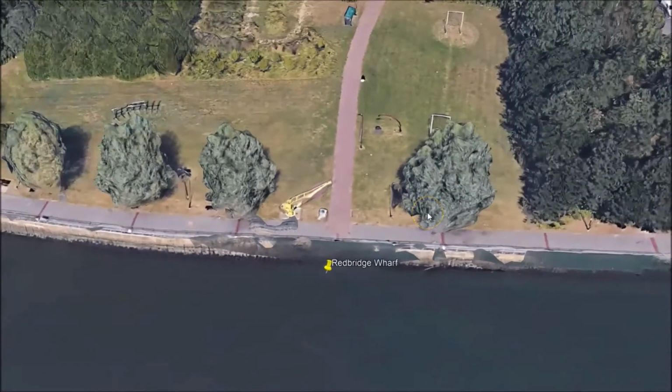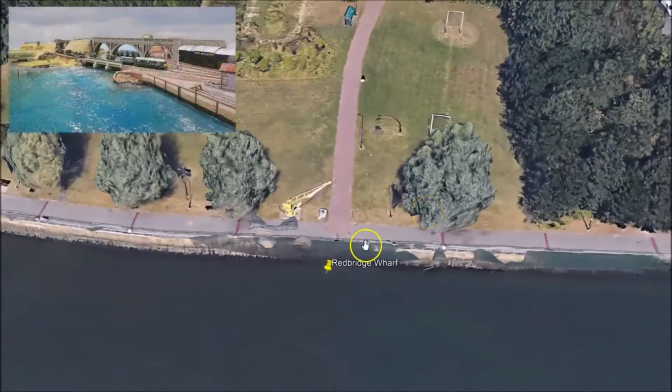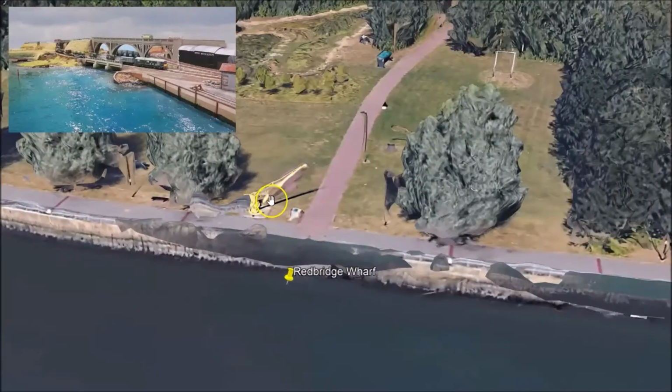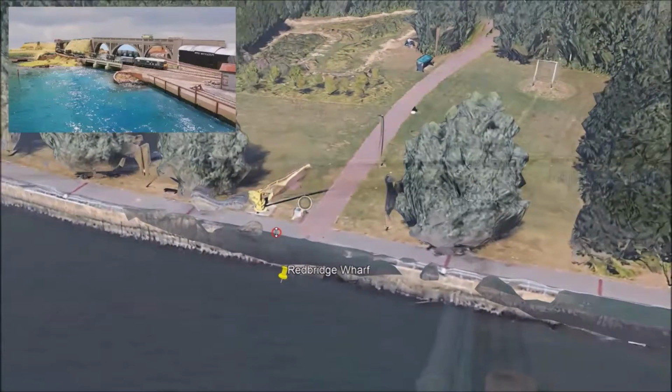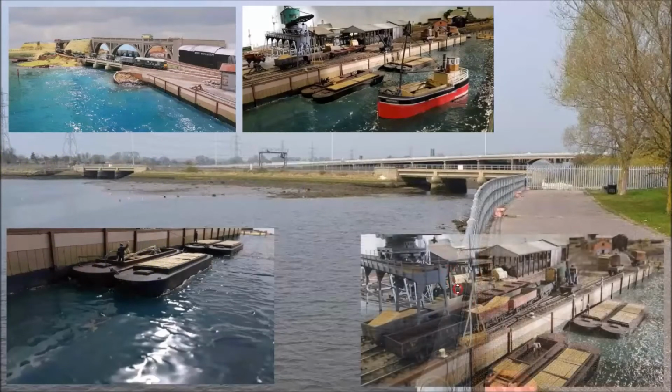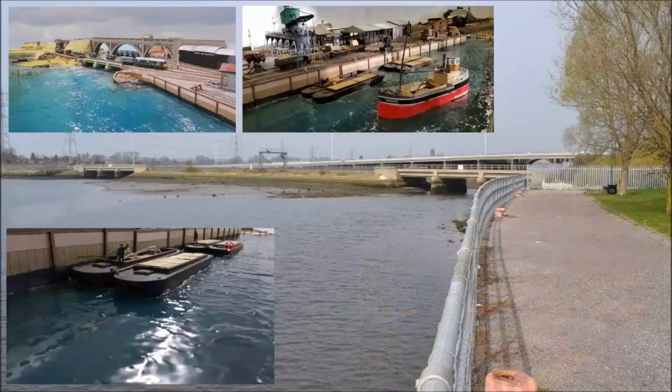So this is the old Redbridge Wharf area. I think there is some information about it on that little blob there. And there's a bit of a clue with that yellow crane as well. So you'd have had barges, boats bringing wood and other supplies to here, which would either go on via rail to where it's needed in the country, or perhaps sold or used in the local area. Now, the reason I've brought you here is I found a very exciting link to a model railway,